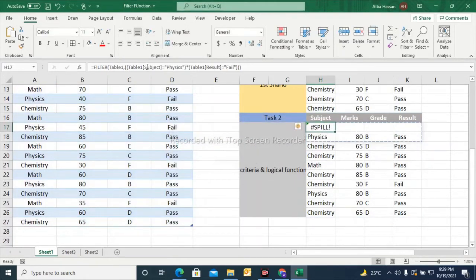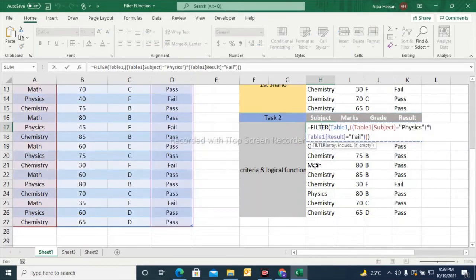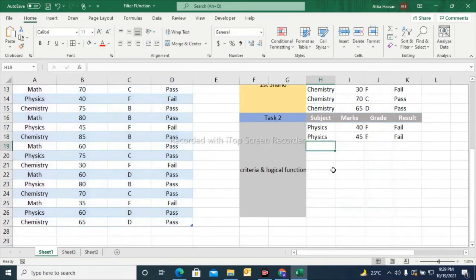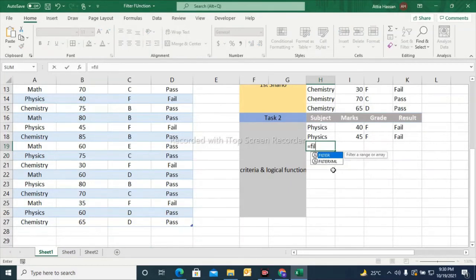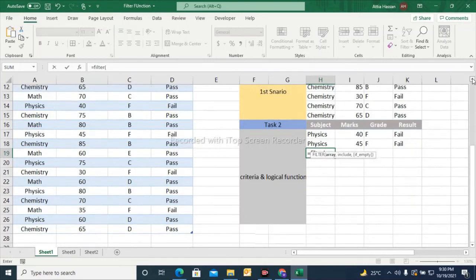Wait, we got an error. Okay, filter, subject is okay. Okay, fine. Actually that was overlapping the next condition, that's why it was showing an error. Now we are using OR conditions. Filter, selecting our array,